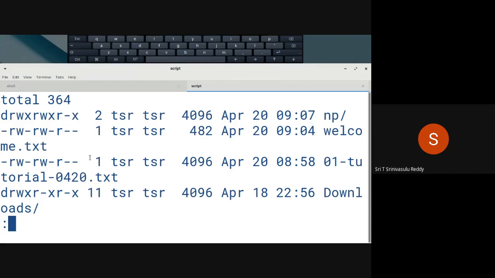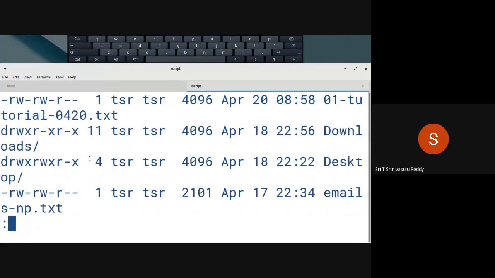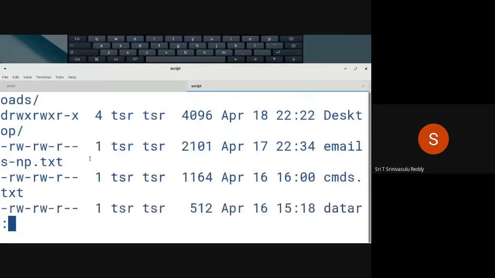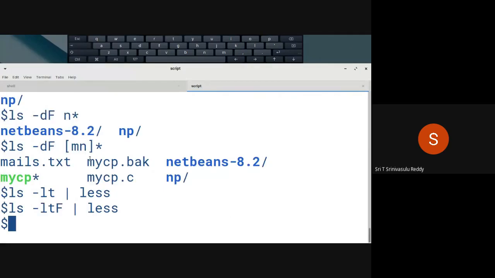So like this, it's going to give you a long listing. It's giving welcome.txt, and 01 tutorial is there, downloads is there, and so on. Just now we have created the month and the related stuff. So we have given that here.